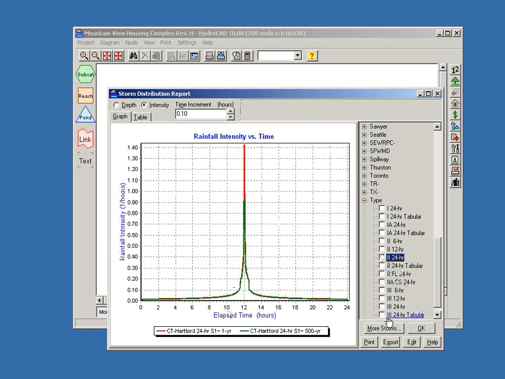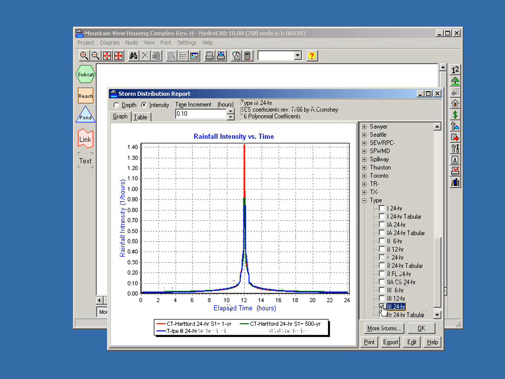On the other hand, if we grab a Type 3 24-hour, its peak is actually down about 0.8. So what this is showing us is that for Hartford, we tend to be a Type 2 distribution for the shorter events and a Type 3 distribution for the longer return periods. Some locations you'll see that this variation between the standard curves. In other cases, you may see that the standard Type 2, Type 3 curves are a pretty good match to